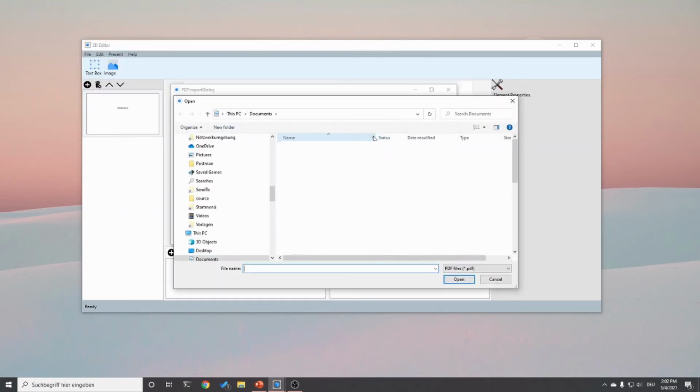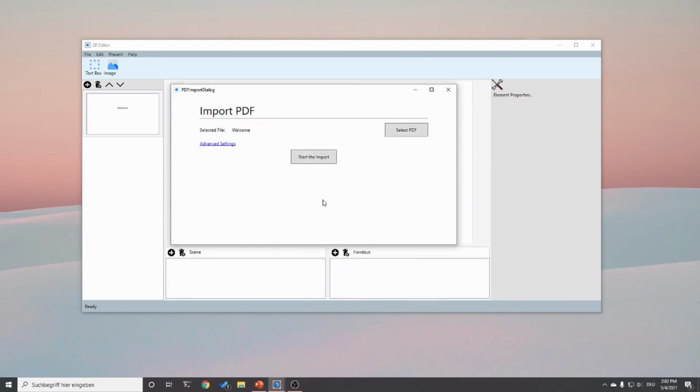So first of all, I have to again select the PDF that we would like to import. Once I have selected the file, I can then open the advanced settings by clicking on this blue text here. Here I can then enable the settings to use my individually created mapping from PDF pages into the Impress presentation stages. With the first parameter here, I can define the first PDF page that should be considered for the import.